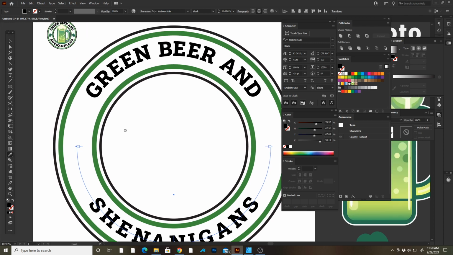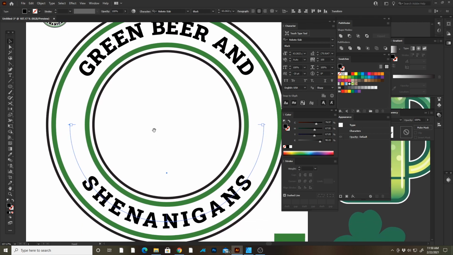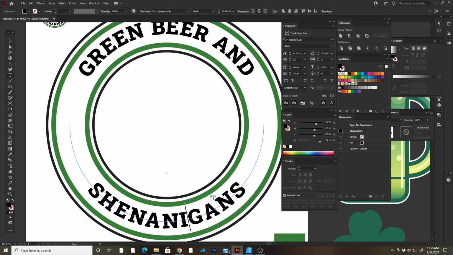So I push I for the eyedropper with this selected and sample this. But you'll notice that even though the tracking is the same on these, this one looks way more spaced out. So I'm going to bring this in, and a lot of this I'm just visually trying to match things up. And like I said, once you start putting type on paths, all kinds of weird little things happen here and